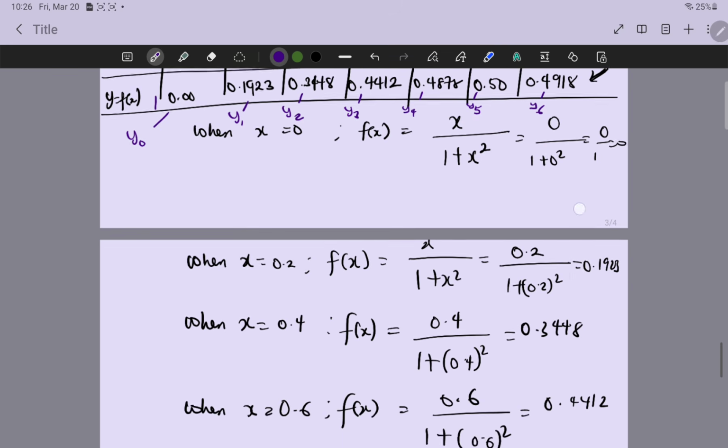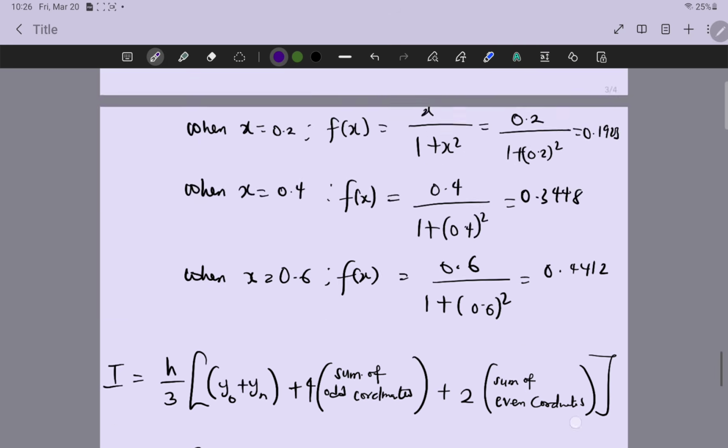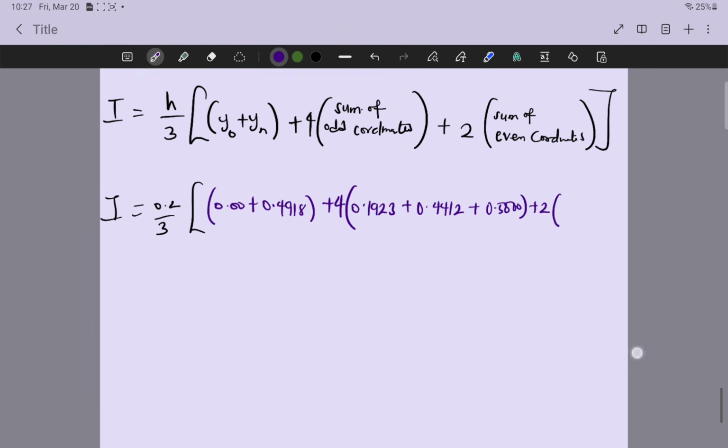So 0.1923, 0.1923 plus 3 is an odd number, 0.4412 plus 0.5000. Then even numbers are 2 is an even number, and 4 is an even number, right? So 0.3448, 0.3448 plus